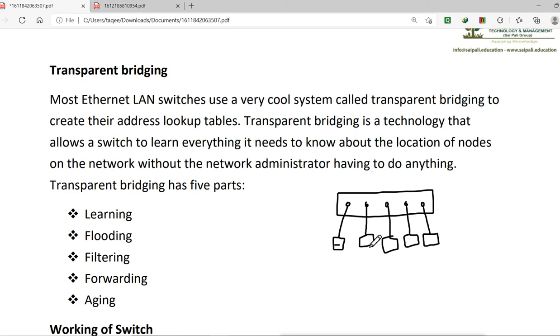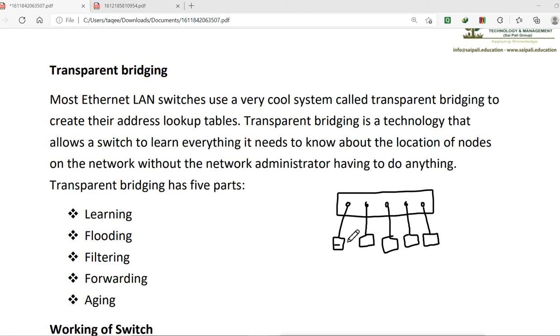Because the devices connected to the switch don't know that they are connected to a switch. They feel they are doing direct communication. All the devices connected to the switch feel that they are connected directly to each other. And that is why we call it a star topology. Physically it is a star topology, but actually it works like a mesh topology.